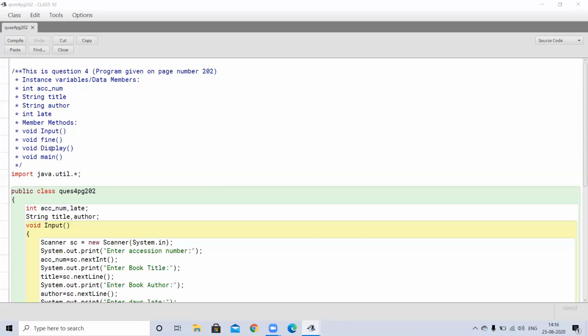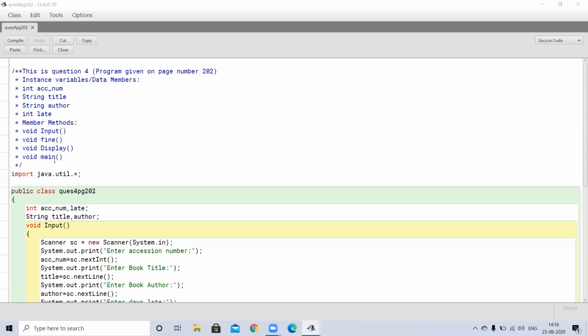Next is void display. In this function, we have to display the details, means we have to write output statements. And last is method main, in which we have to create an object of the class and we have to invoke, or you can say call, all the member methods.